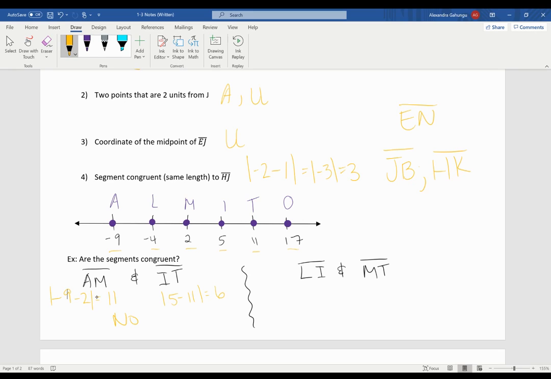LI, I find L and I find I and I subtract. So -4 minus 5, and the absolute value of that gives me +9. And M to T, so 2 minus 11 is +9 again. So yes, segment LI and segment MT are congruent. And we'll keep going with